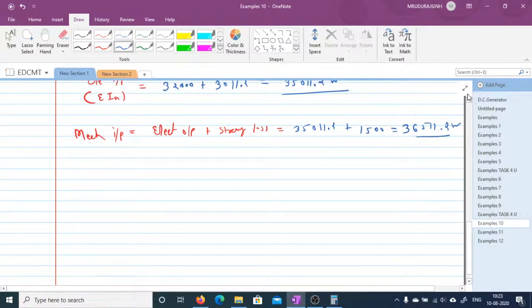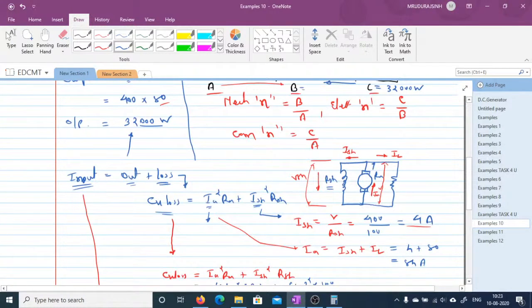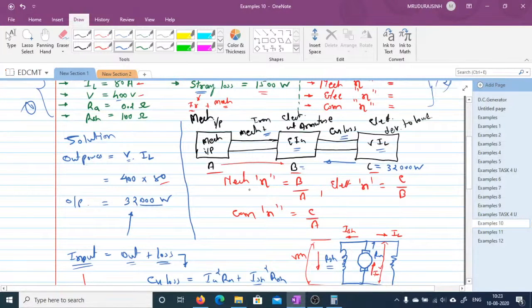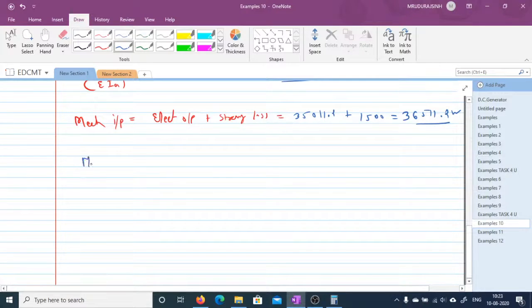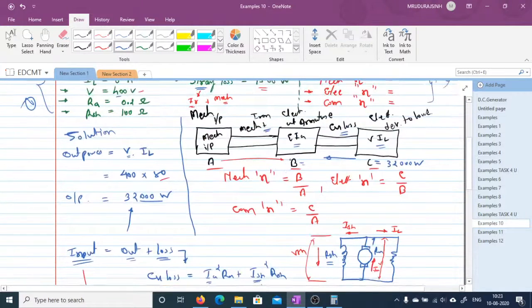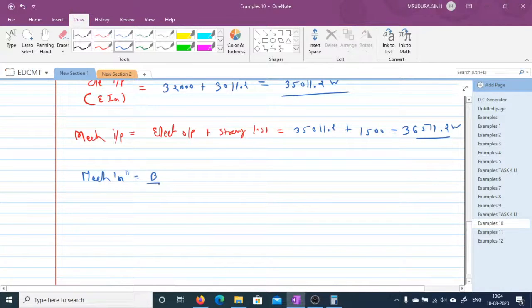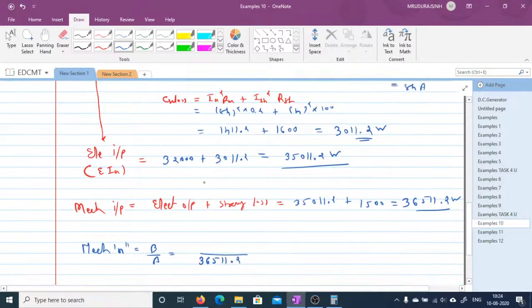36,511.2 watt. So now we have got A, B and C. So what is our mechanical efficiency? Mechanical efficiency is equal to B by A, right? So it's B by A. So whatever we have got here, 36,511.2 and B, which is 35,011.2. So the efficiency we get,